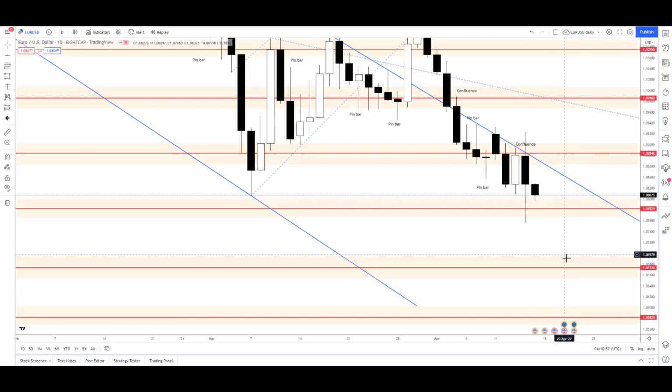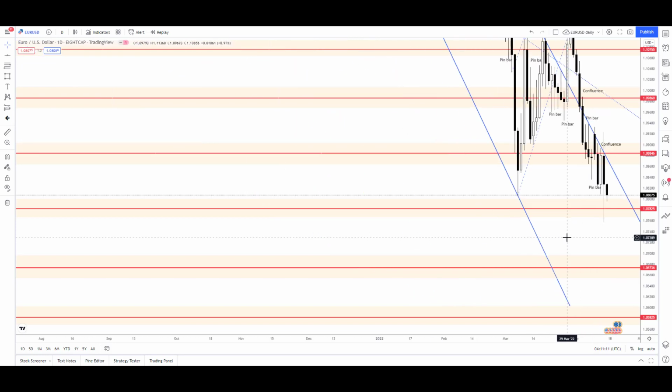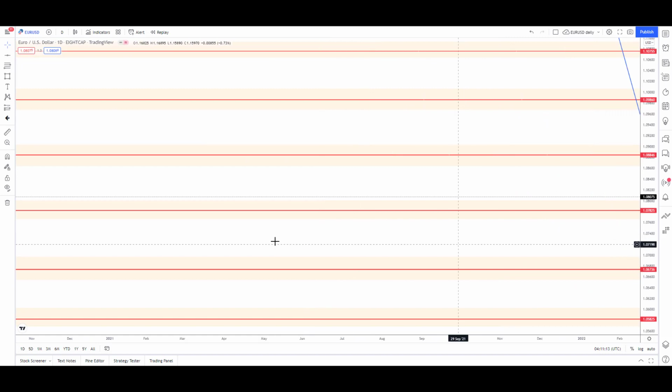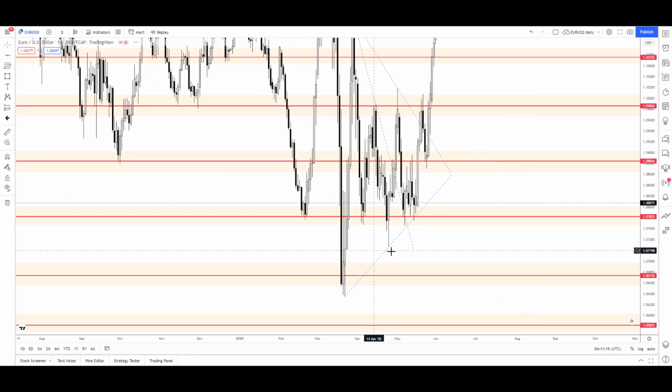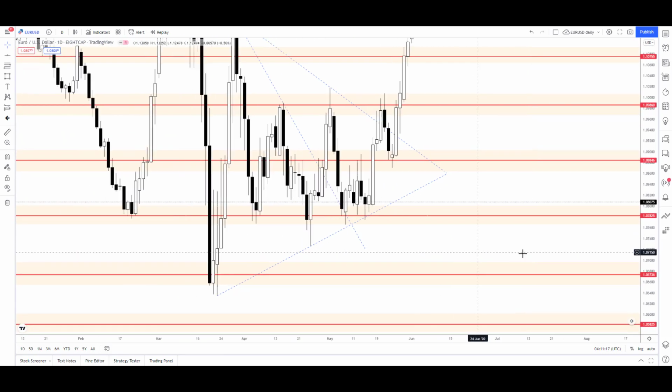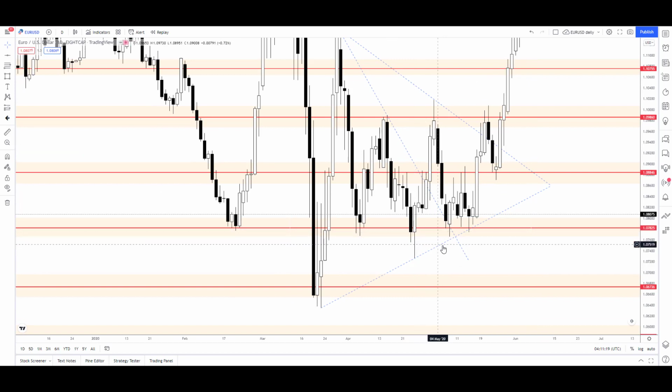But have in mind that the price will not reach this level easily, like in this scenario. We could see price reaching here around, I think it is 730. Let's see what has happened in the past. Okay, the low levels below this support is this. We can see 1.0756 and also we have here